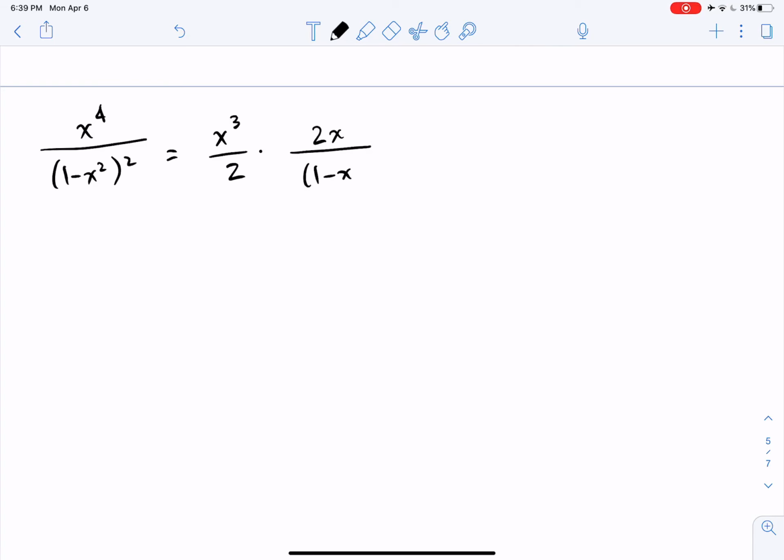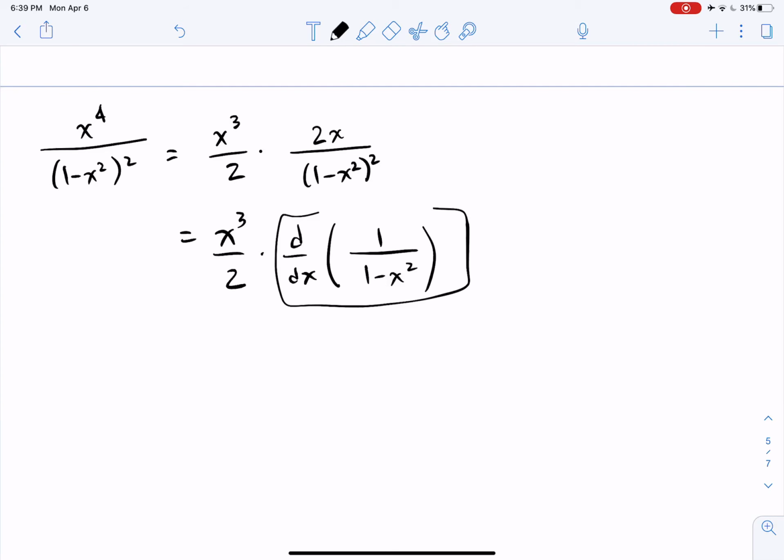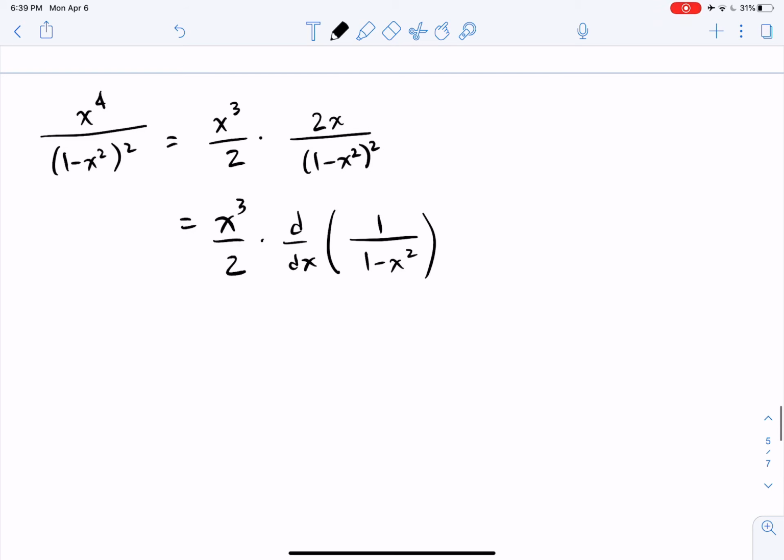Now, recognize that this is the derivative of something, okay? What's it the derivative of? Well, we've got x cubed over 2 times the derivative of 1 over 1 minus x squared. So you should check that this derivative gives you that right-hand side. It does. All right, so then we've got x cubed over 2 times the derivative of, hey,